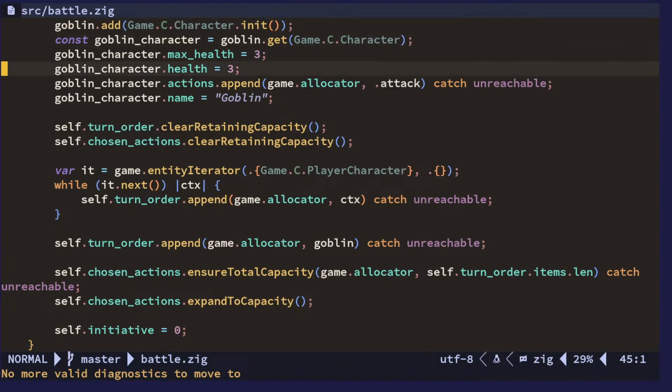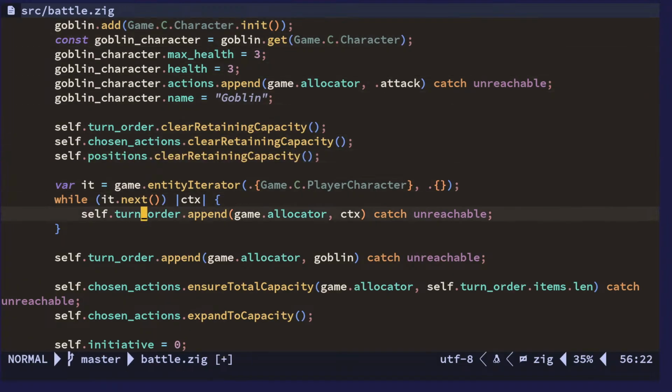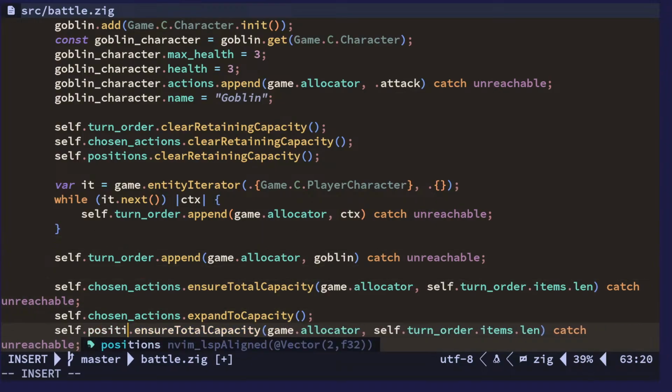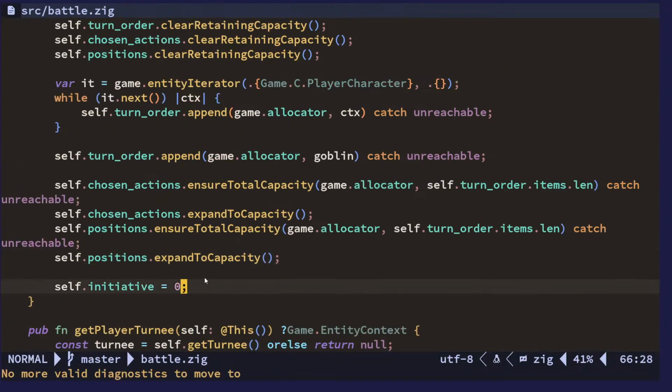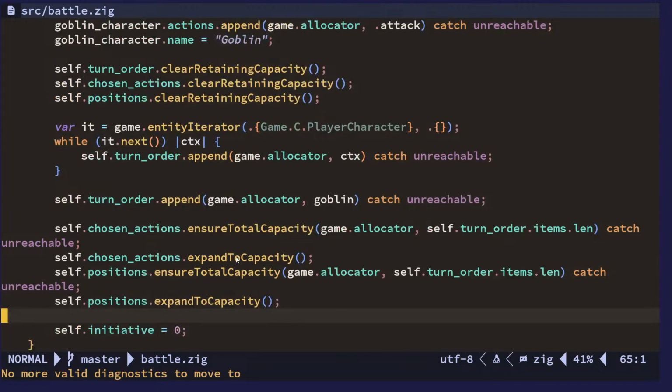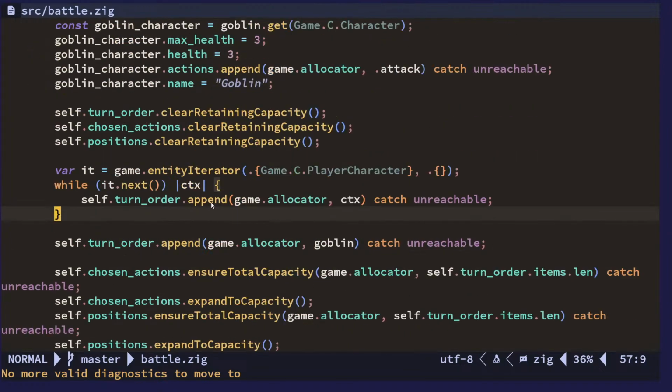And let's do the same thing here. Positions could be determined here as well. So actually,